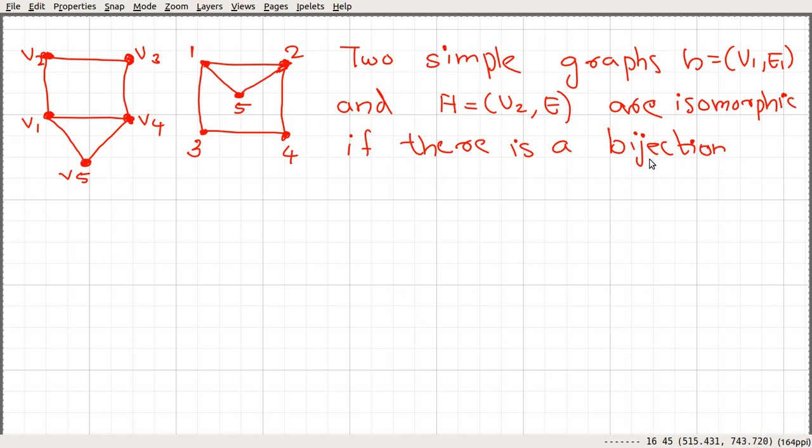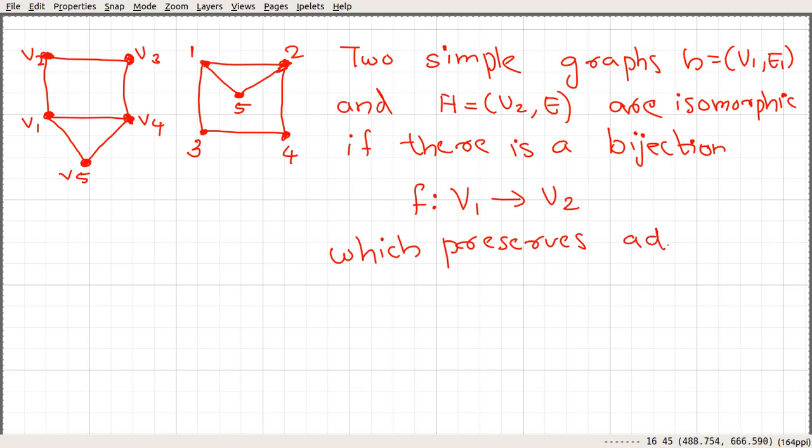Let's call this bijective map F. If you do not know what a bijection is, we will discuss bijection very shortly. So if there is a bijective map F from the vertex set of G to the vertex set of H, which preserves adjacency